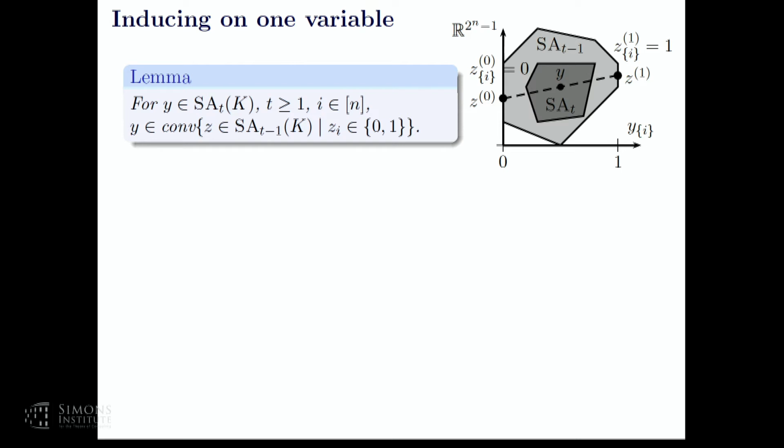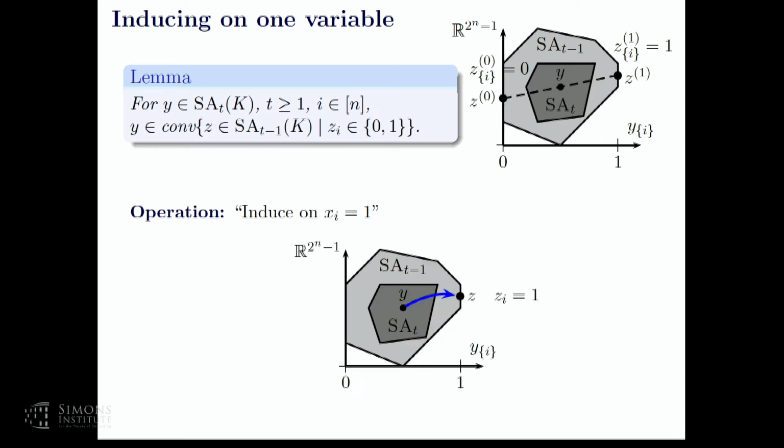The way you can think about this is like if you have a probability distribution, there's some event that has probability between 0 and 1. So it's possible that it happens. It's possible that it doesn't happen. Then you can write it as a convex combination of two probability distributions. In one, your event doesn't happen, and in the other one, it happens. So this is not a consistent probability distribution, but you can do the same thing here. Okay, so now,